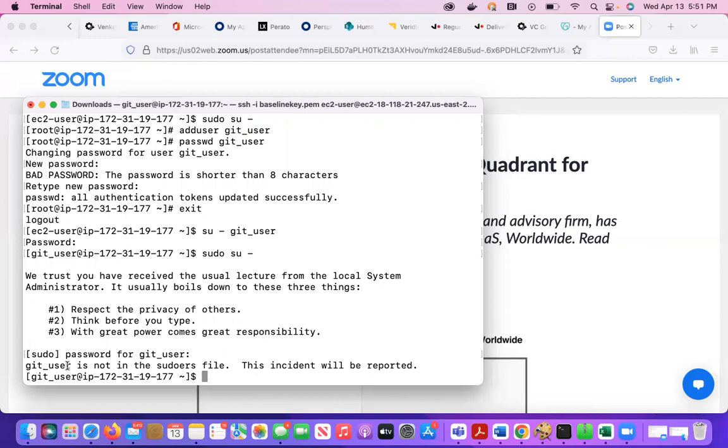So the git user is not a super user by default because we created this user with limited permissions. And he cannot create a user or install any applications because he is not a super user. He's not a root user. So what I need to do in order to add this guy to a root user,